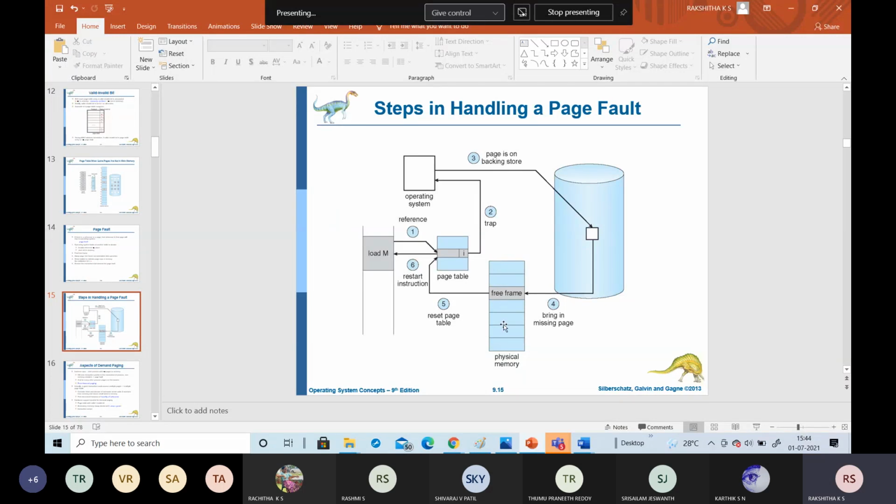We have reset the page table, so now the frame number is there. This is how we handle the page fault.